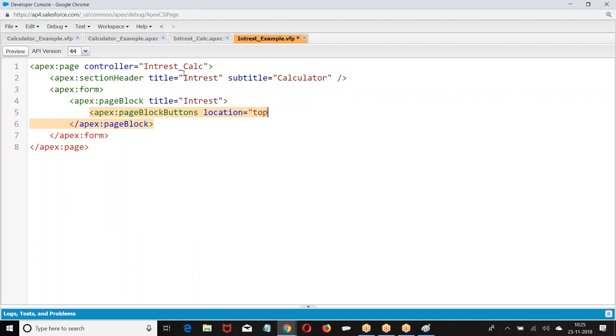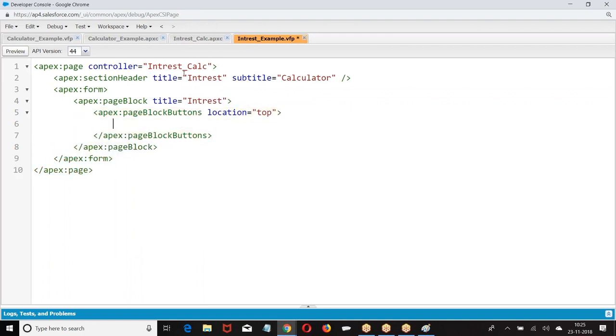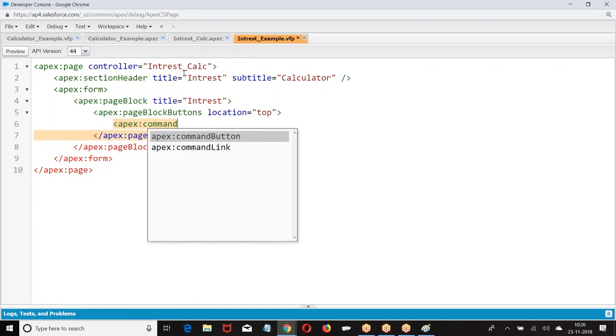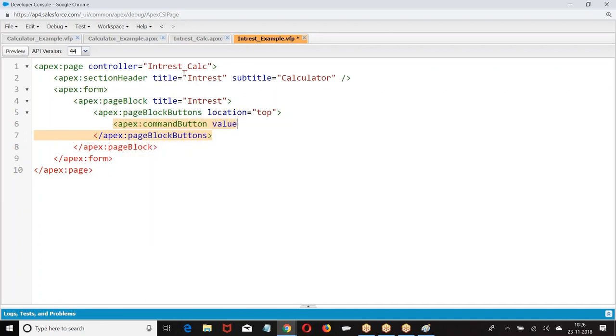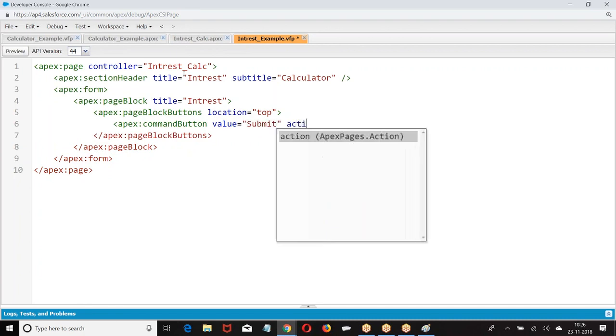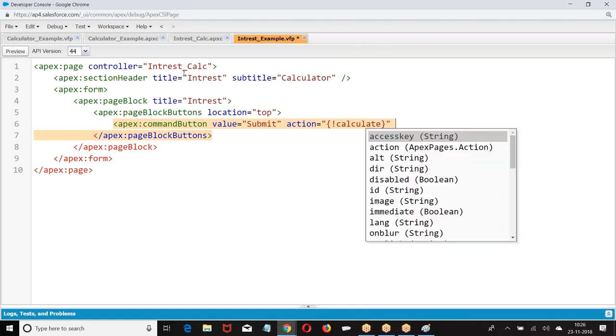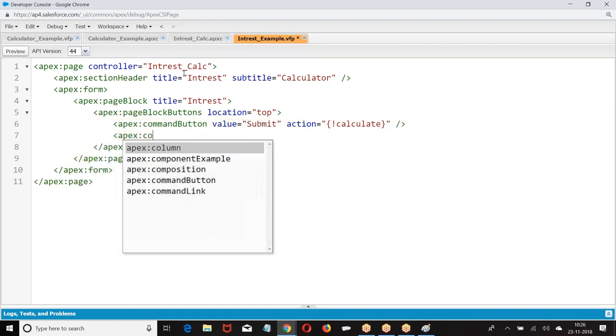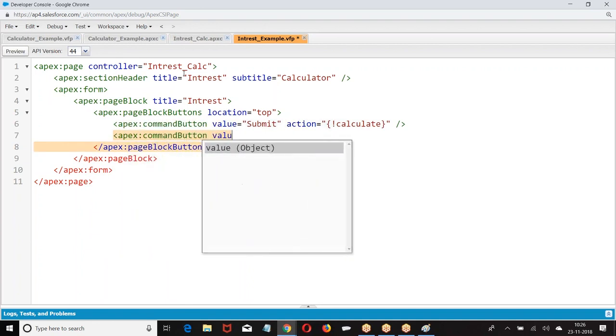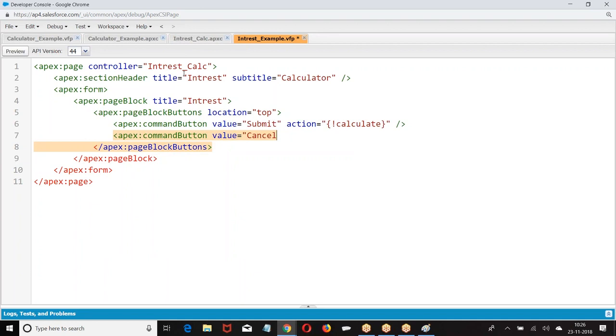Location equal to command button. Value equal to, what was that? Submit. Action equal to, what is that action? Name of the whatever the method name you have given there, we are giving. Then we are going with command button. Value equal to cancel. Action equal to,